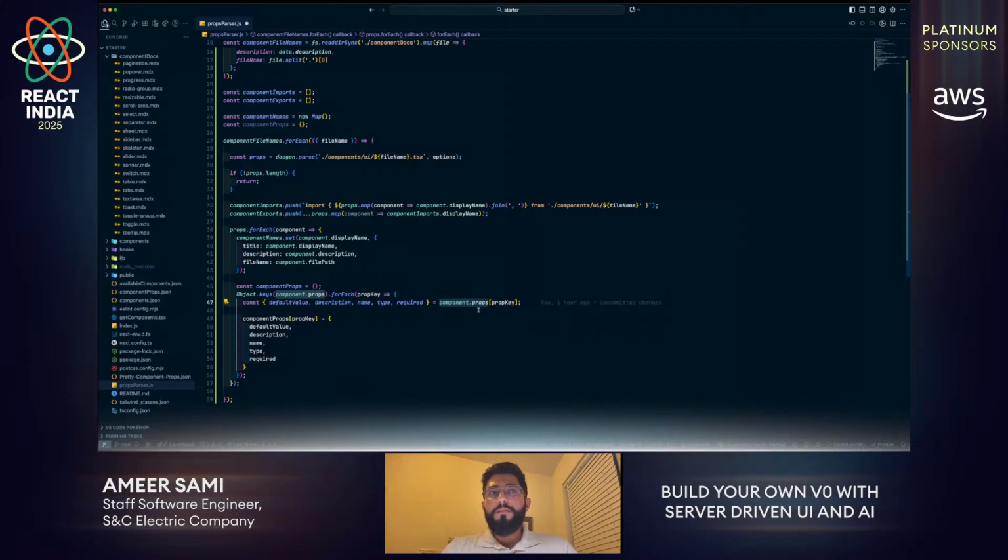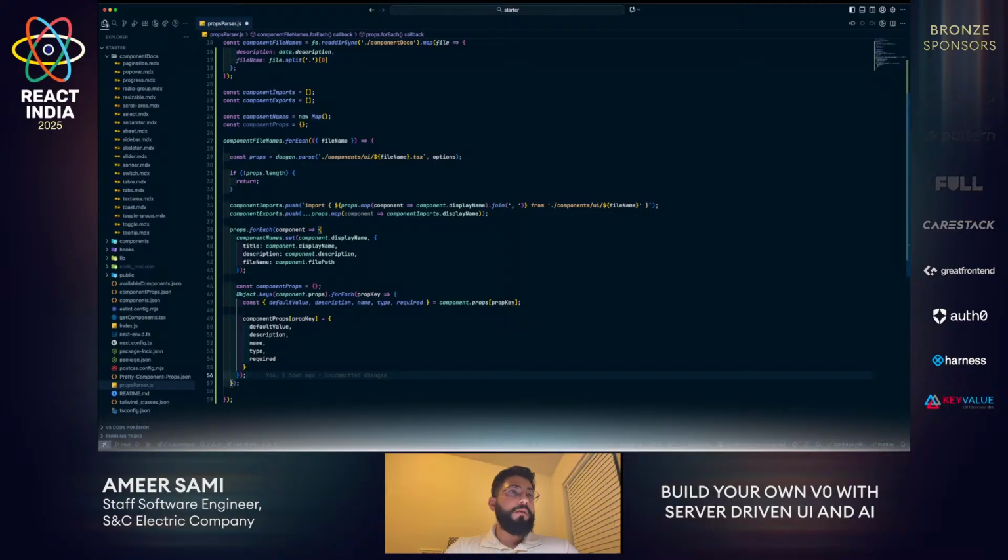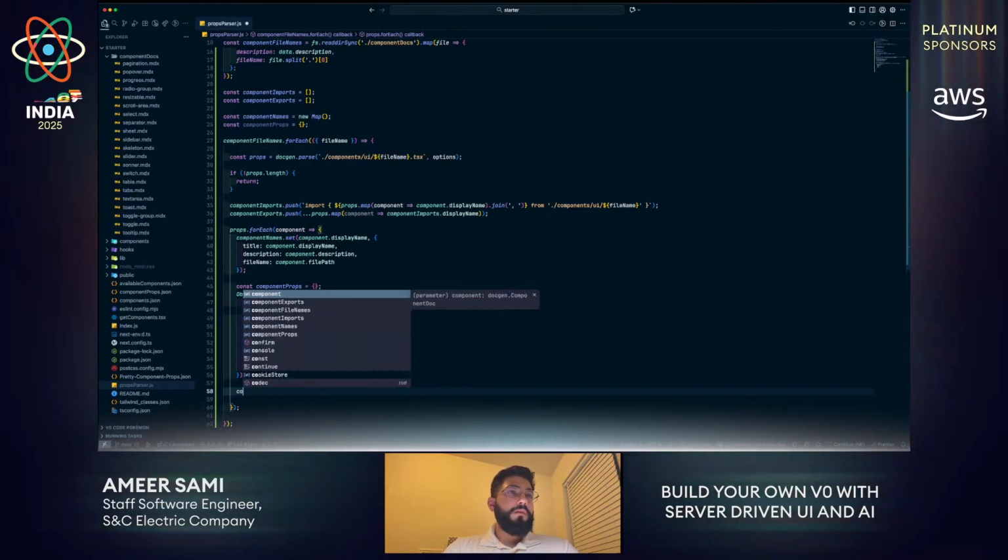All we really need is the default value for the prop, the description of the prop if that's documented through JSDoc, the name, the type, so if it's a boolean, a string, number, integer, etc., and whether it's required. That's all information that we really need to provide the AI. So we'll set that to this component props object, and once we've done all of that, we can go ahead and set this